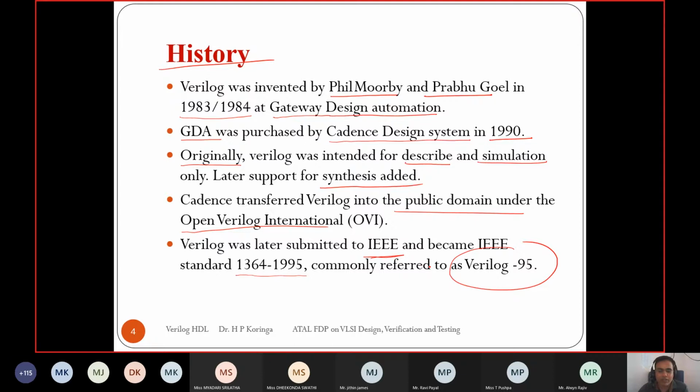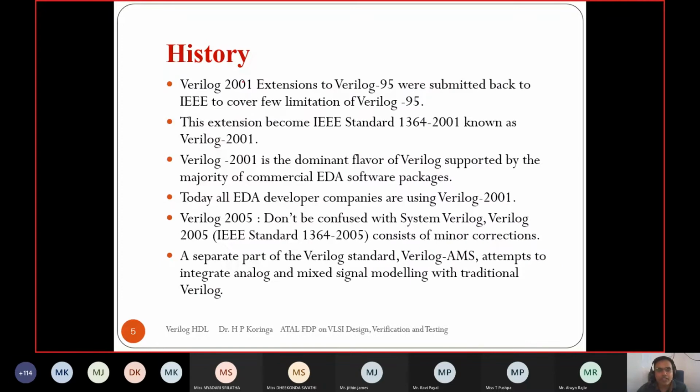Then in 2001, Verilog 95 was extended into Verilog 2001.